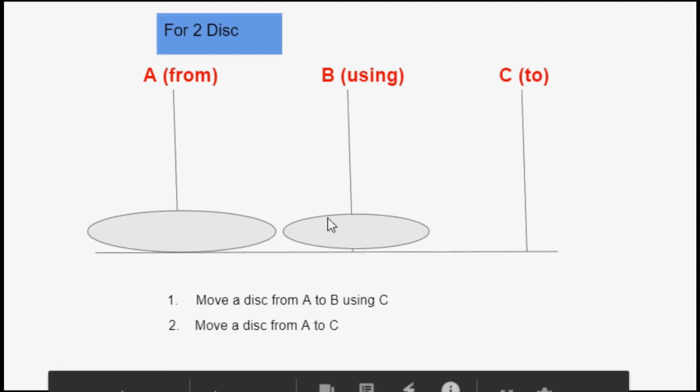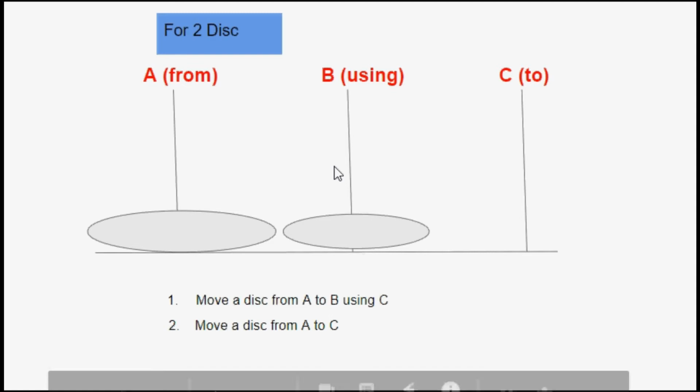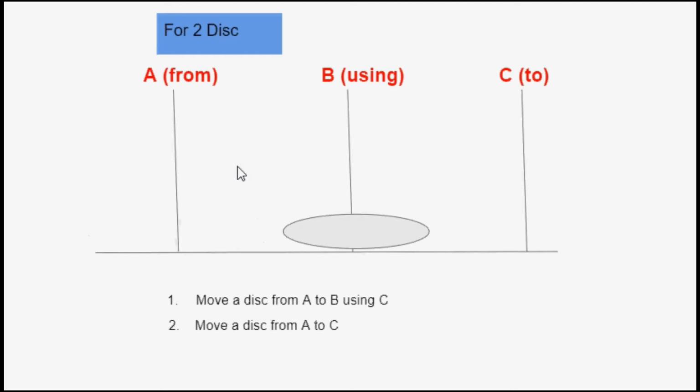Now if you ignore this B tower, can you see, this is the previous case, the case in which tower A is having only one disk. If tower A is having only one disk, what we did in the previous case, the solution for one disk, we just made a transfer of a disk from A to C. So we are supposed to apply the same concept, the same transfer here. So what I'm going to do is make a transfer from A to C.